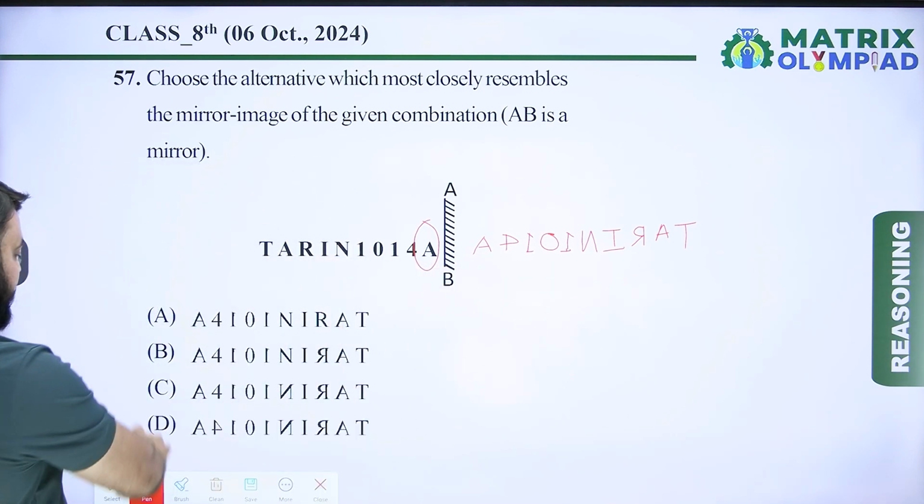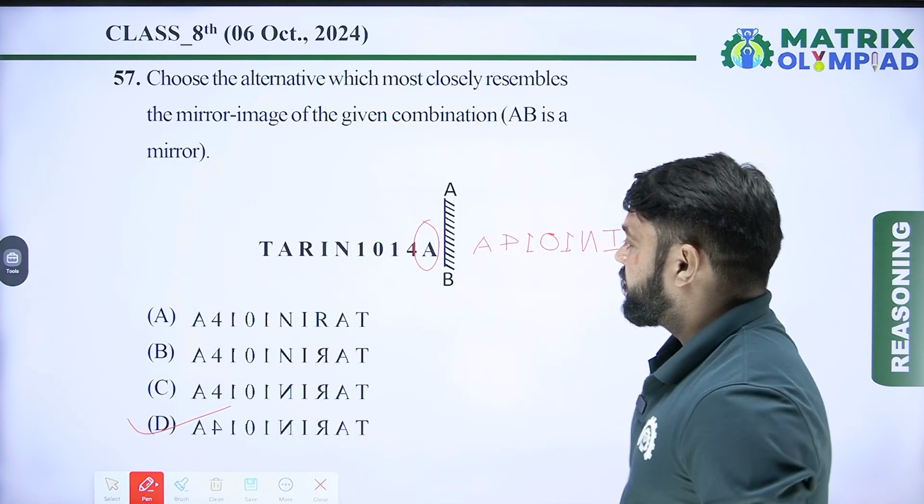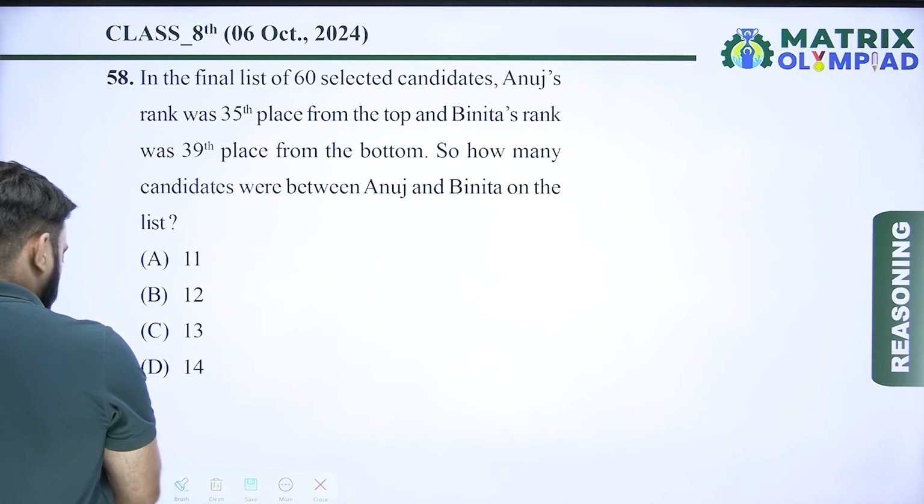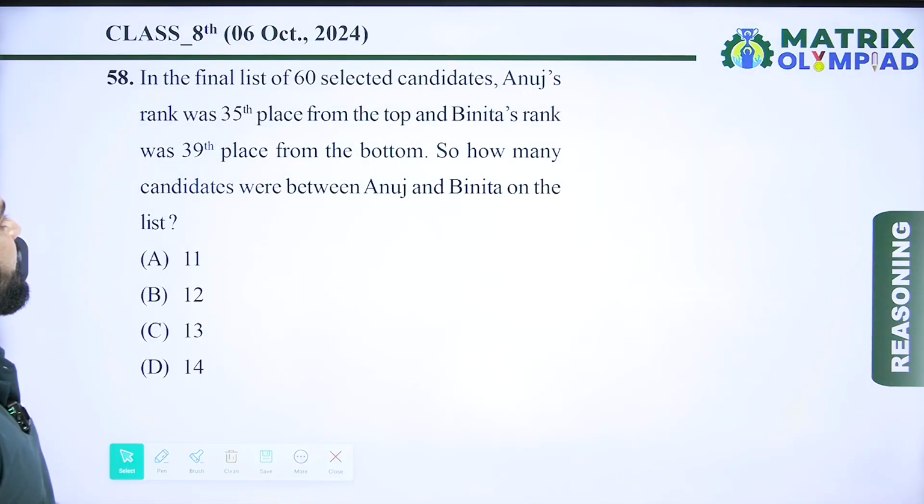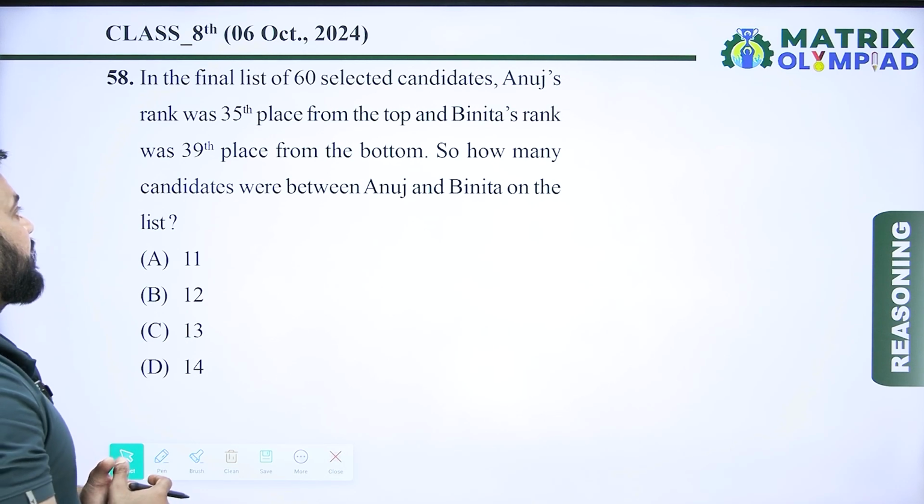So here option D is the correct mirror image of the given combination. So here option D is the correct answer of this question. Let's move on to the next question. Now question number 58. In the final list of 60 selected candidates, Anuj's rank was 35th place from the top